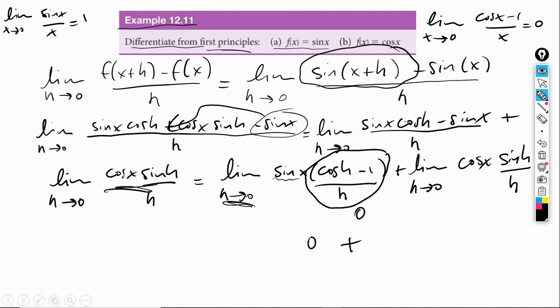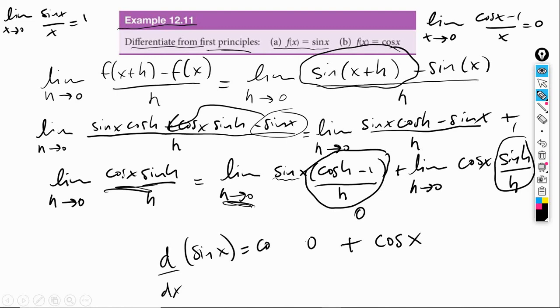Well, here we have the same situation, but with h, right? So this is equal to 1. So this expression would just be equal to cosine of x times 1. So this would be equal to cosine of x. Therefore, we have the final outcome, and that is that the derivative of sine of x